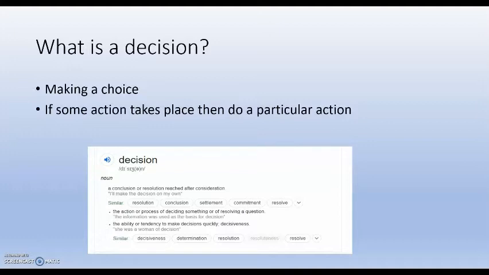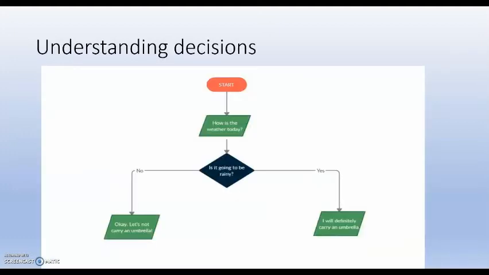Now we look at decisions in a little bit more detail, and what is the use of decisions in C programming, or basically any kind of programming language. So understanding decisions, we are going to be making a decision whether we are going to carry an umbrella or not. You might be thinking that this is so useless, but I have shown a flowchart here. If you think about, am I going to carry an umbrella, then this whole thought process is going on inside your brain. You just do not notice it.